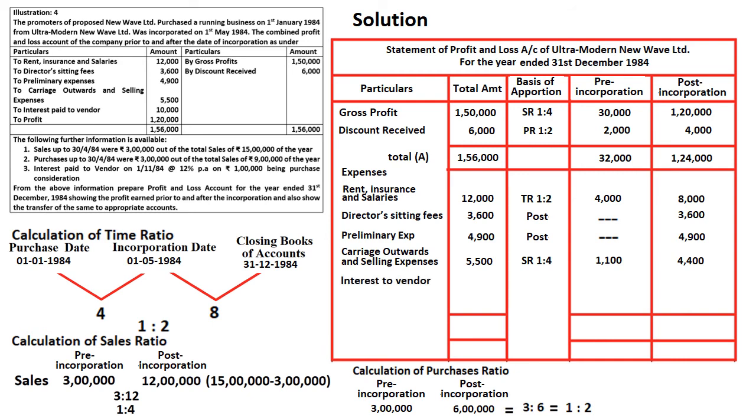So time ratio will change here, that is 4:6 it will become, because post incorporation 2 months will not be considered, that is November and December. Therefore 2 months will be reduced from 8. Therefore 4:6 ratio, 4,000 and 6,000. Then made the summation of total expenses, total of B. Then profit, A minus B. Right. So like this we have divided the profit. Pre-incorporation profit is 22,900, post is 97,100. Pre will be transferred to capital reserve as it is a capital profit. Post will be transferred to revenue reserve, that is P&L account, as it is a revenue profit.